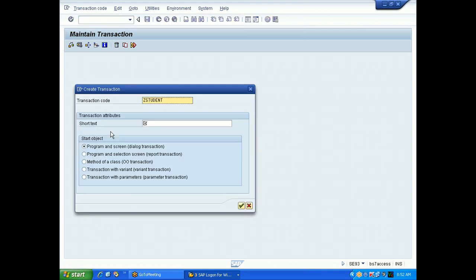Click on create. Give some description. Here you can select the last radio button, transaction with parameters. Select this. Click on continue.